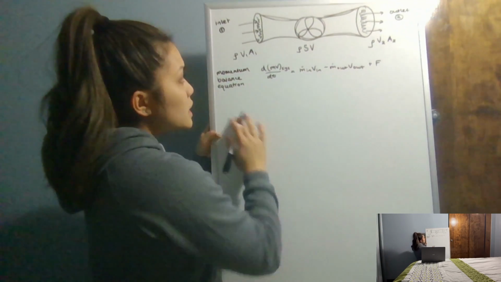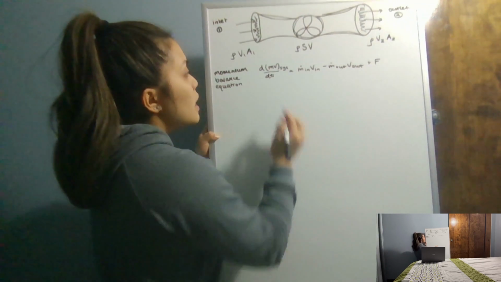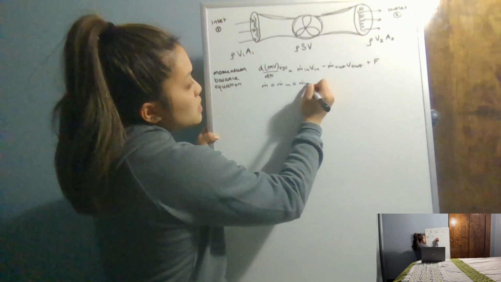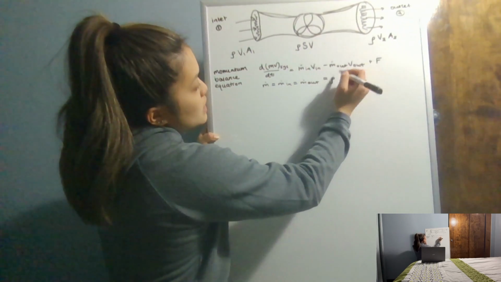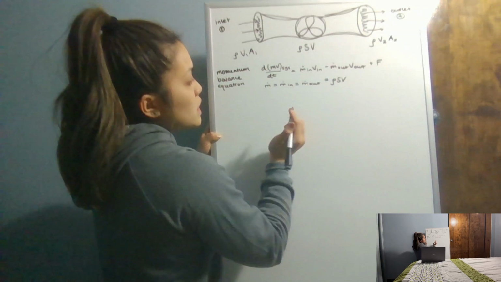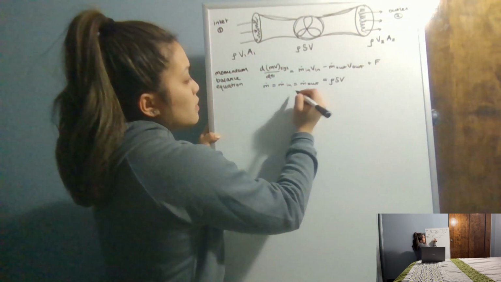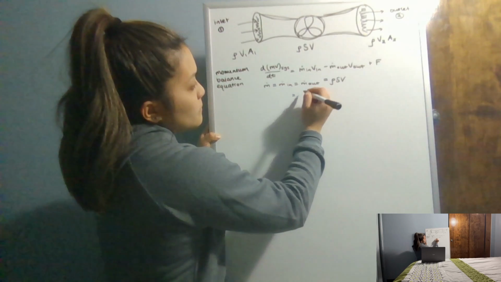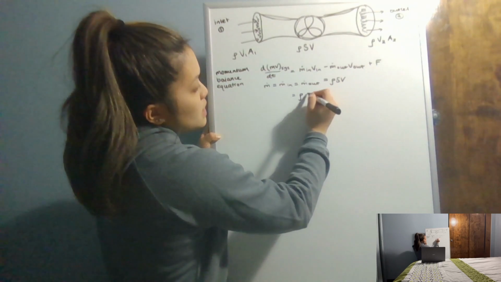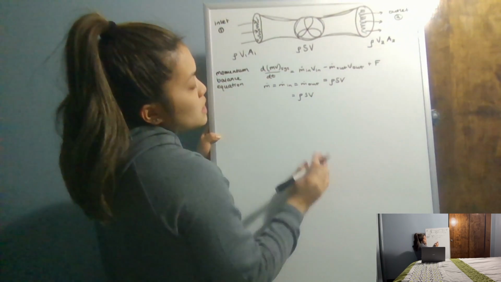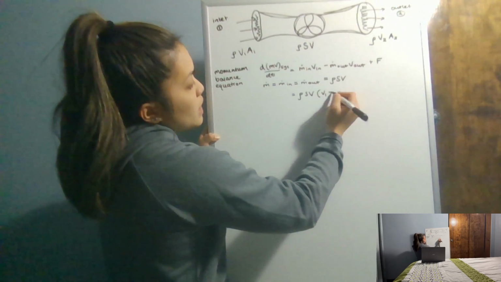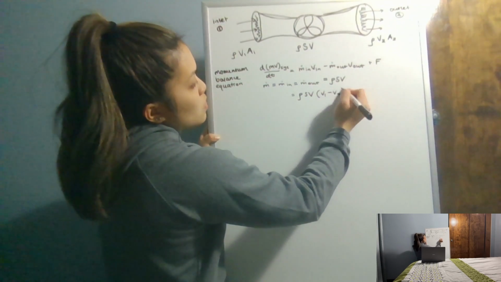And so looking at this specific problem, the mass flow is going to be equal in and out, and it's going to equal the density times the area times the velocity. If we plug this in for these equations here, we can distribute out the mass flow since they were equal with one another. So we'll have the density times the area times the velocity is equal to the velocity at 1 (in) minus the velocity at 2 (out), plus the